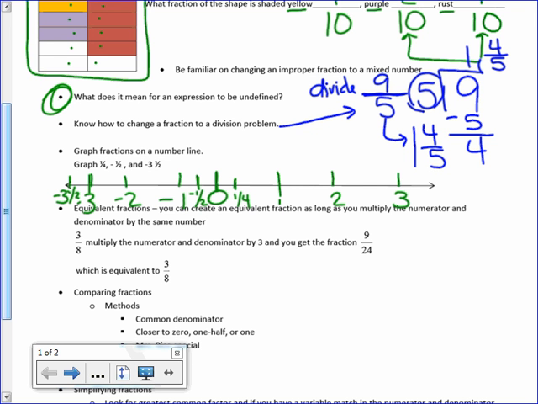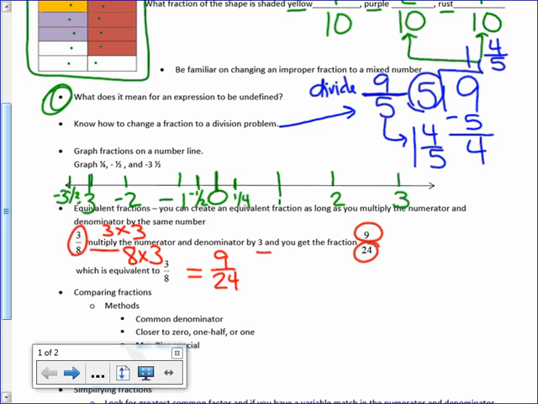All right, equivalent fractions. I said you can create an equivalent fraction as long as you multiply the numerator and the denominator by the same number. And I said 3/8, there's my fraction. If I multiply the numerator and the denominator by 3, 3 times 3 and 8 times 3. 3 times 3 is 9. 8 times 3 is 24. So 3/8 is equivalent to